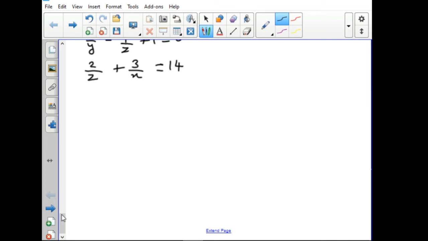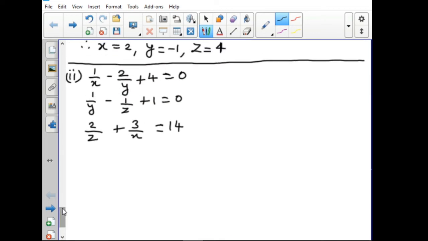See, in the first one they gave x, y, z directly. But in the second sum they have given x, y, z in the denominator. We cannot do it directly; solving would be somewhat difficult. So we have to convert into other variables. When x, y, z come in the denominator, we have to solve it in another way.